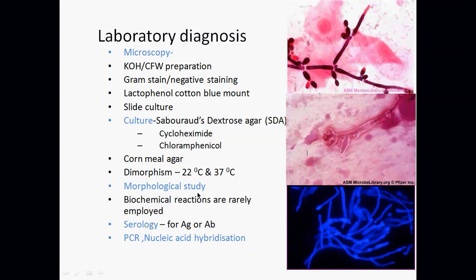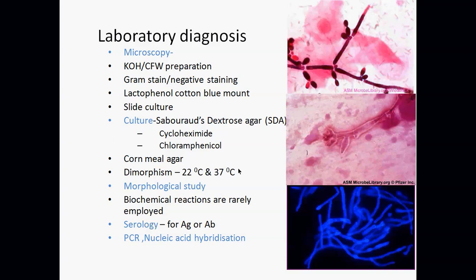Then you can have morphological study of the fungi which are grown in the laboratory to identify them, and various biochemical reactions can be used for identification of a few of the fungi. Now, serological detection of antigen and antibody is available, and you can detect the fungi with the help of PCR or nucleic acid hybridization. So this is in a nutshell. We will go to all these things one by one in detail. Now before that, I would like to